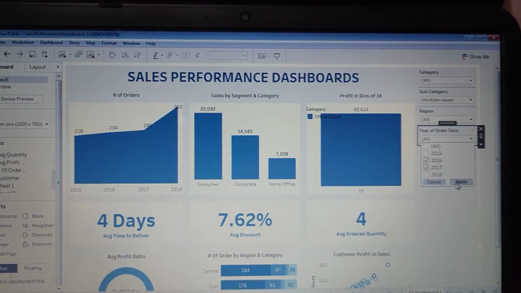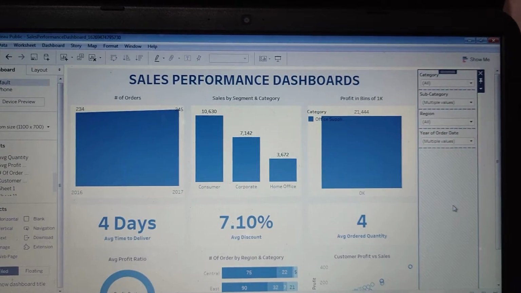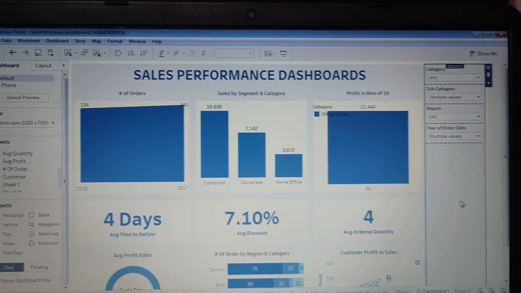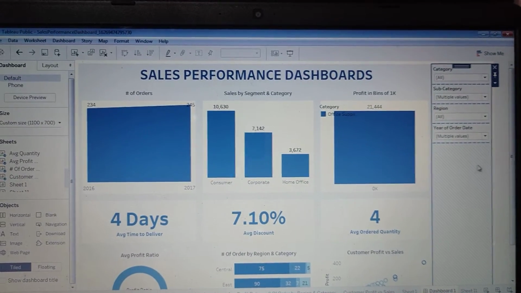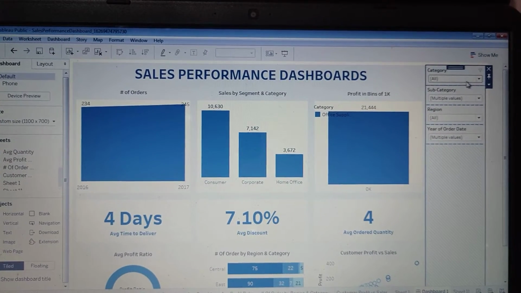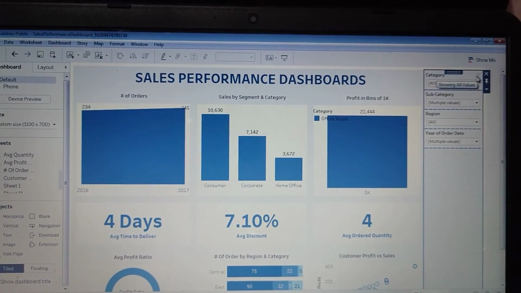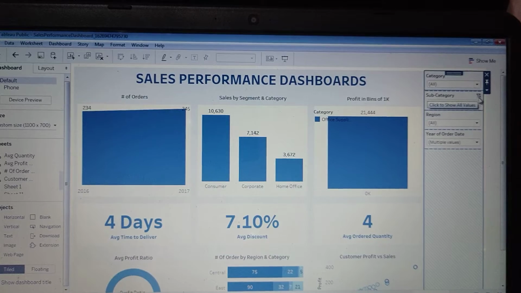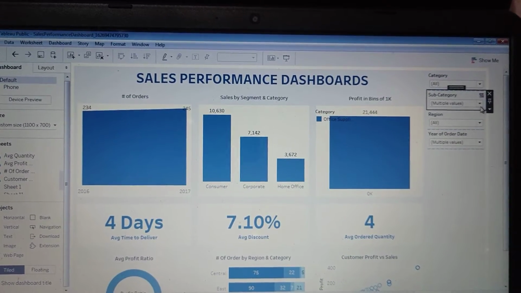As we can see here, we have data only for the selected filters, and we want to reset the filters by one click. In this situation, we would need to deselect all the filters one by one.